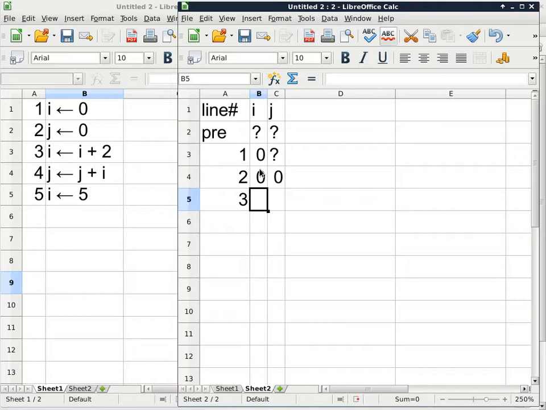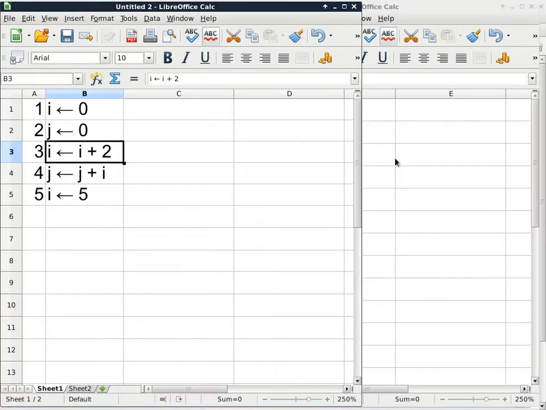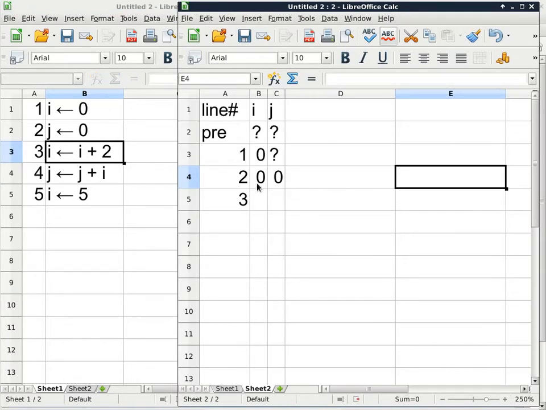Well, that's kind of confusing, right? You just substitute the 0 in. That's it. Correct. Because remember the 2 steps of evaluating an assignment statement, of handling an assignment statement. So let's focus on line 3. I'm going to put the cursor on line 3 here, just so that we know which line we are referring to. So on line 3,